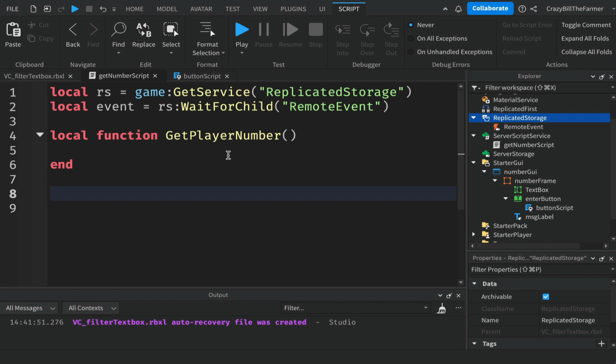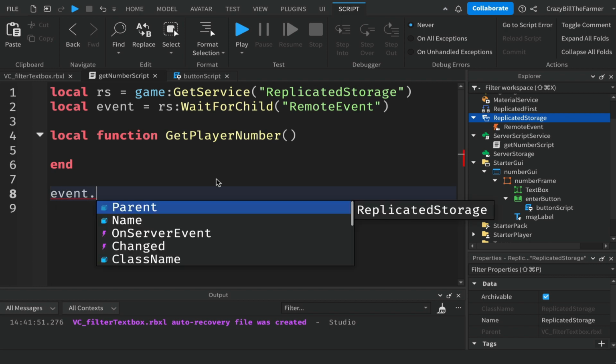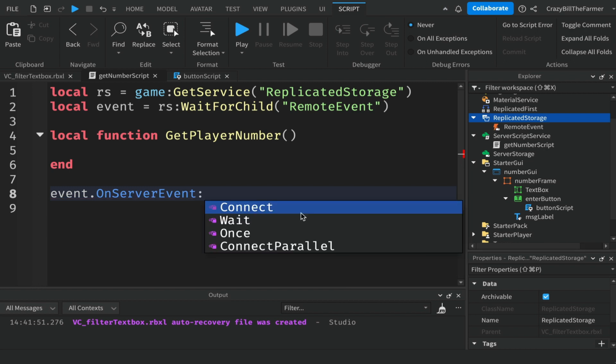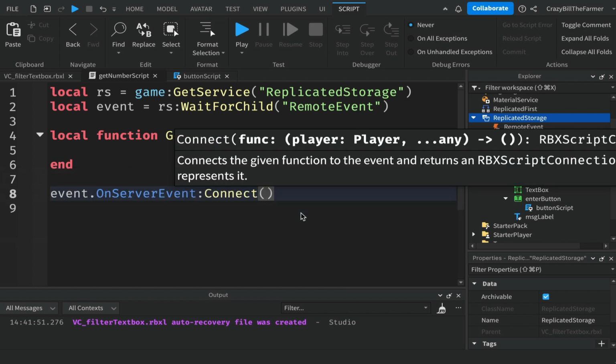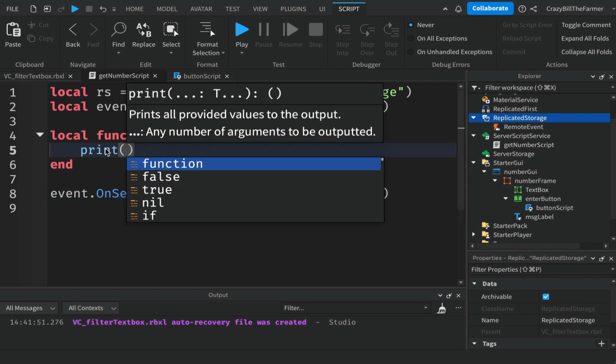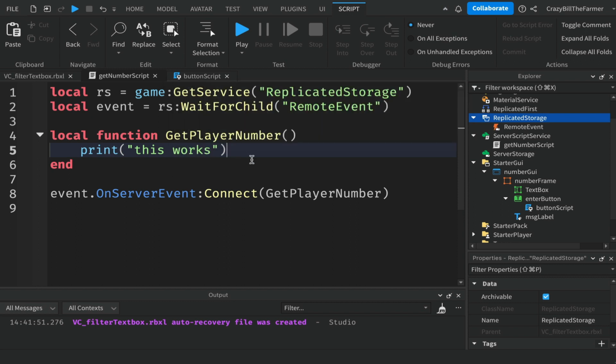And now to trigger this function, we're going to monitor this event here, and we do that by saying event and then dot, and you'll see OnServerEvent, add a colon and Connect, and then we're just going to type in the name of this function. So note there is no parentheses on the end. Right, and we'll do a quick test because we have to go back, and we'll just print "this works" inside here, and now we'll come back to our local script here,